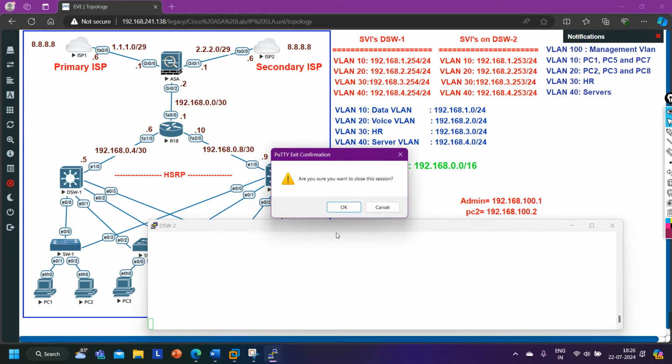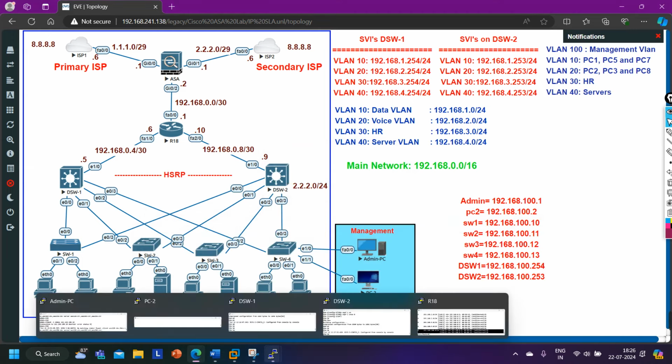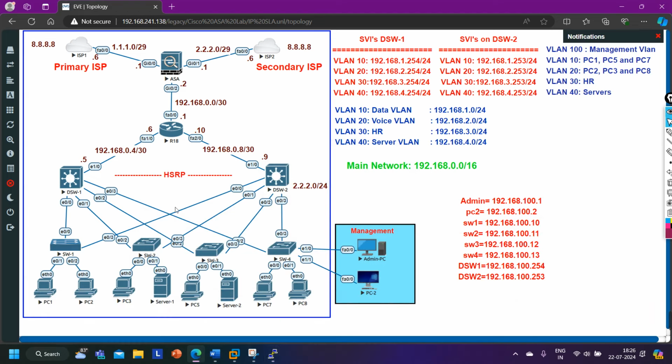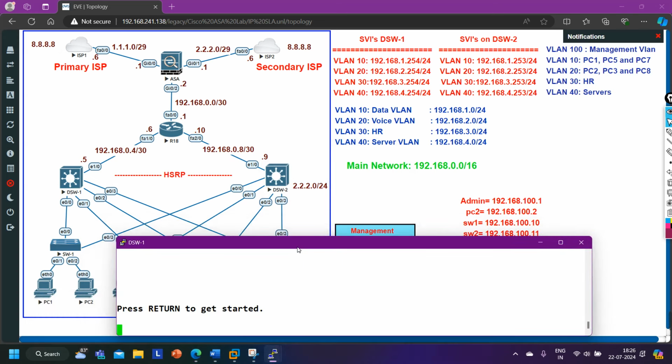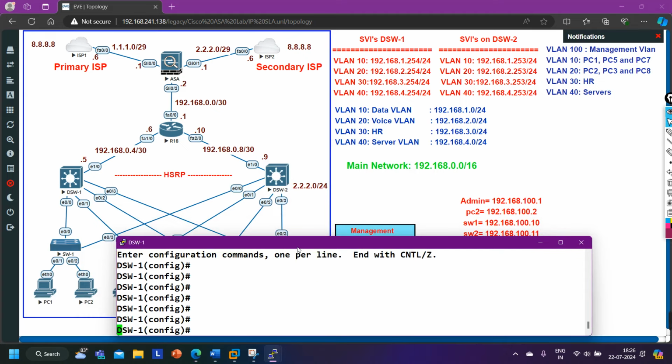I have access of distribution layer switch 2 twice. So now, okay, done. Now guys, I'm going to enable SSH on distribution layer switch 1. So let me take you to distribution layer switch 1 here. And again,